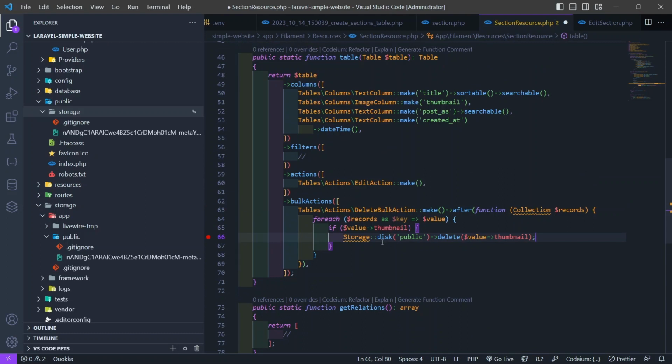So it will delete the thumbnail from the storage disk public,